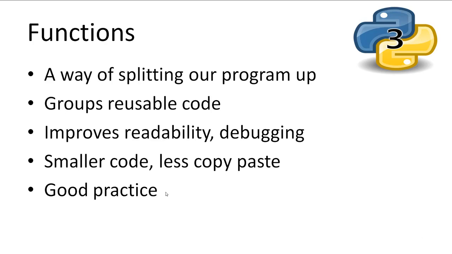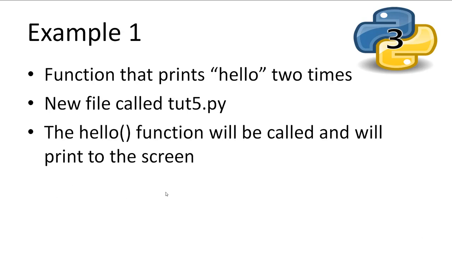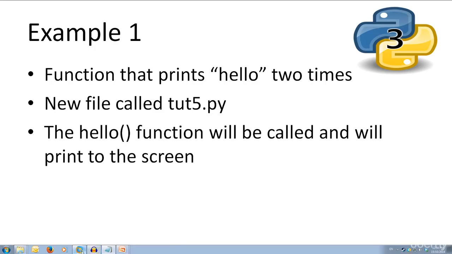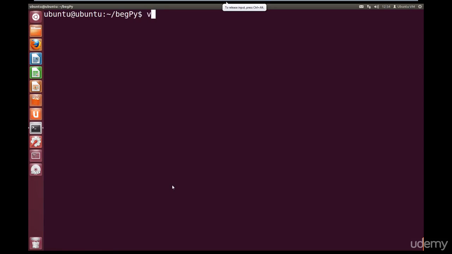We define a function with a name, and then associate code with that name, creating a function. Then we can call that function from anywhere in our running code. So let's have a look at a basic function that prints out hello 2 times. We'll create a new Python file called toot5.py. So let's come across to Ubuntu here. I'm going to go vim